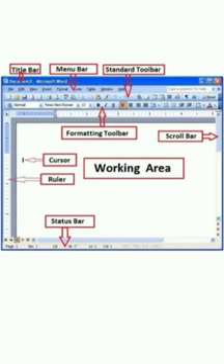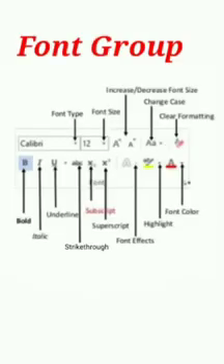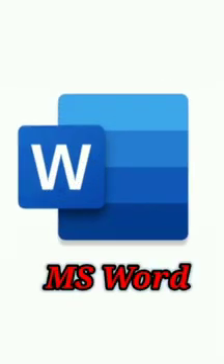When we start our computer system and open MS Word, we will see this type of window. You already know about this window and its features from your previous classes. So especially we will give attention to the Font group under the Home tab. Students, formatting is a practical-based chapter, meaning you will learn it by doing practical. I know that not everyone at home has a laptop or desktop, but don't worry. You can easily learn on your mobile by installing MS Word. You will get the same features there also.